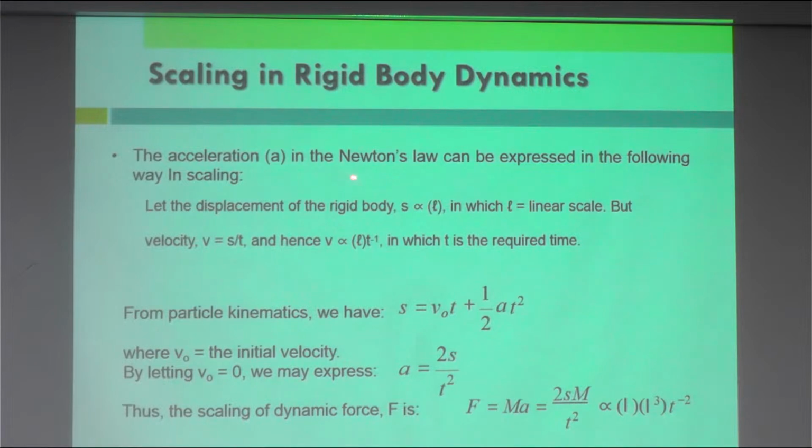And the acceleration in the Newton law can be expressed in the following way in the scaling. Let the displacement of the rigid body be proportional to L, in which L is the linear scale, but velocity v equals s divided by t, and hence v is proportional to L T to the power of -1, in which T is the required time. For particle kinematics, the equation is s equals v naught times t plus half of a t squared. Then these are all the equations related to the